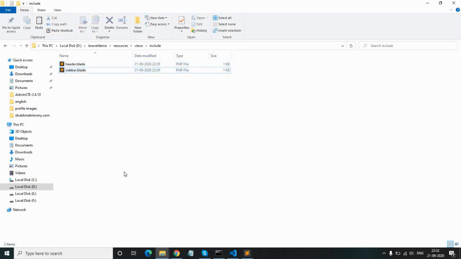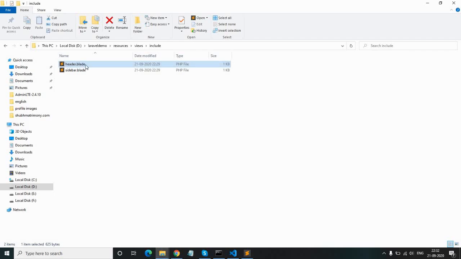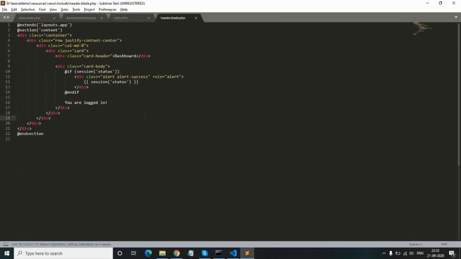Okay, so now we will cut this header section and put it inside this.